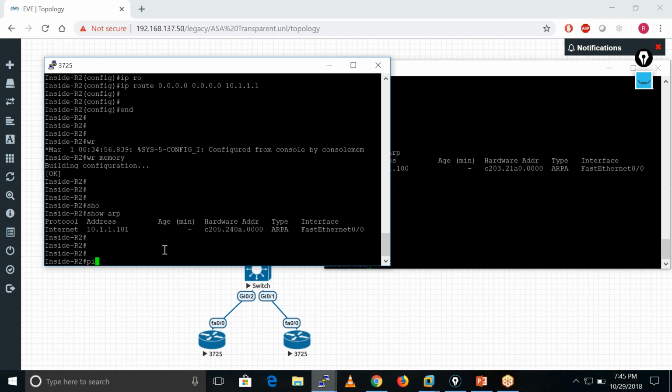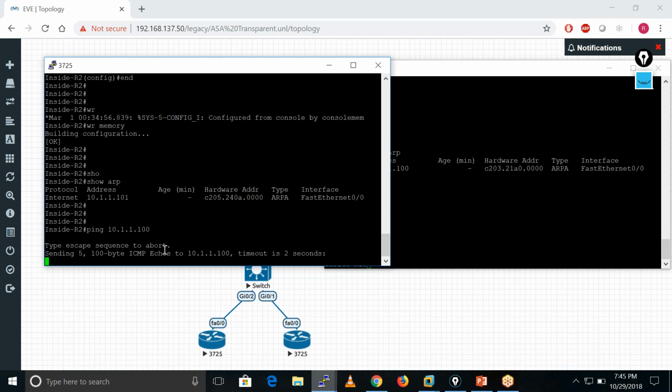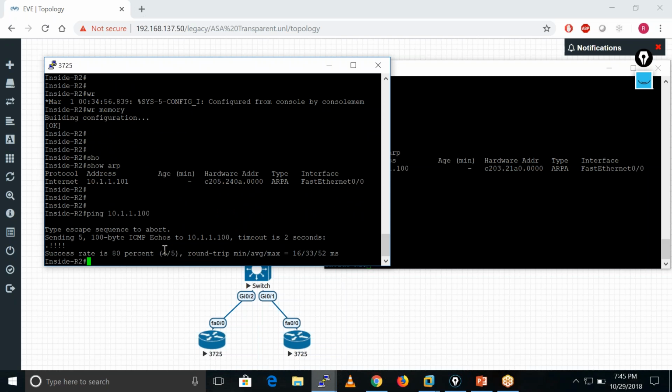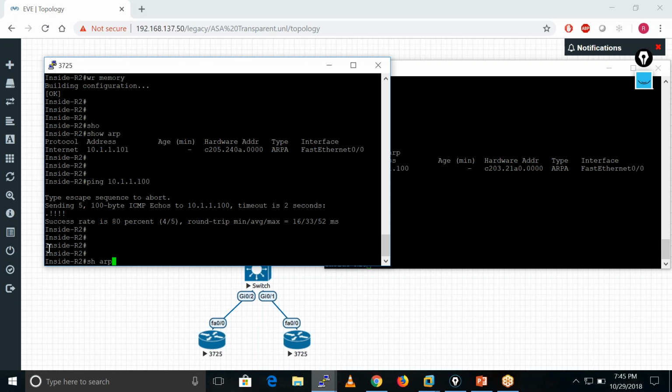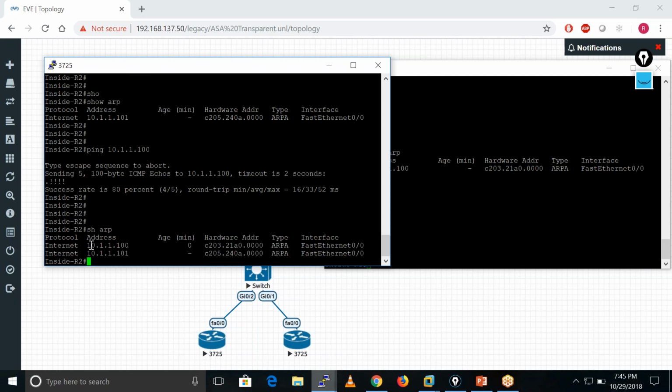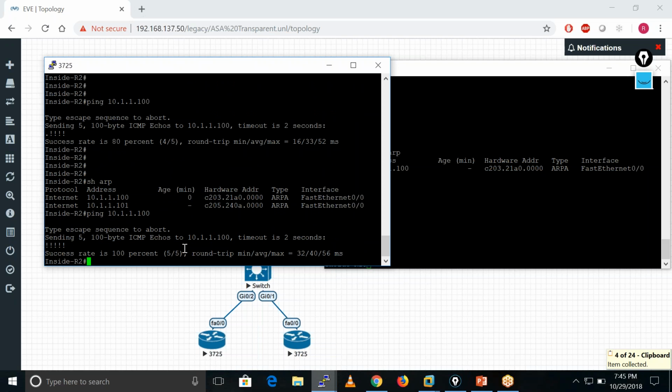Okay. So how? Let me initiate some traffic towards 10.1.1.100. So the thing is here, one packet is dropped. Basically, this packet is dropped due to ARP only. If I check here, ARP, now I am having the ARP table, right? For this one. If I again ping, now I am just pinging without any drop. So that is the verification.